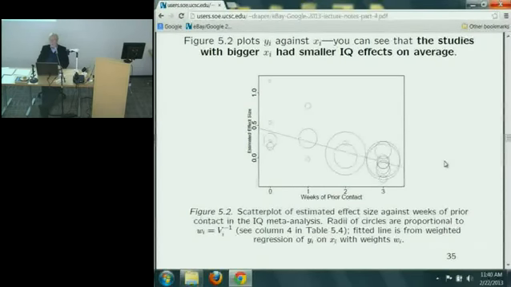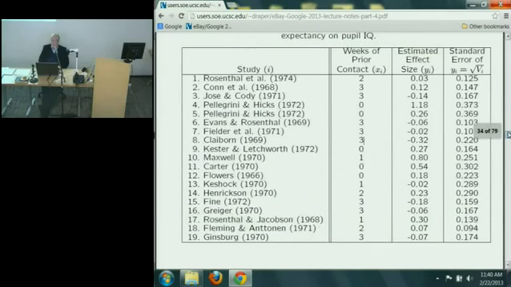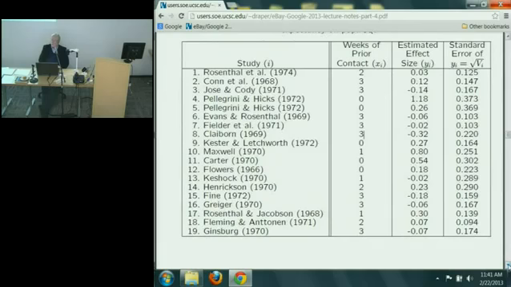Does it look as though there seems to be some systematic tendency for y to go down, the estimated effect size to go down as the weeks of prior contact goes up? Definitely. That line is estimated to be about 0.4 at 0 and all the way down at about 0.0 at 3. And so 0.4 of a unit on the effect size scale is quite a big difference. And so there's a lot of predictive power. Most studies were the large,